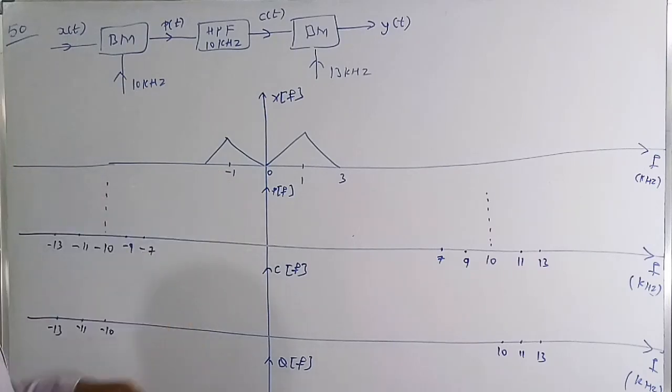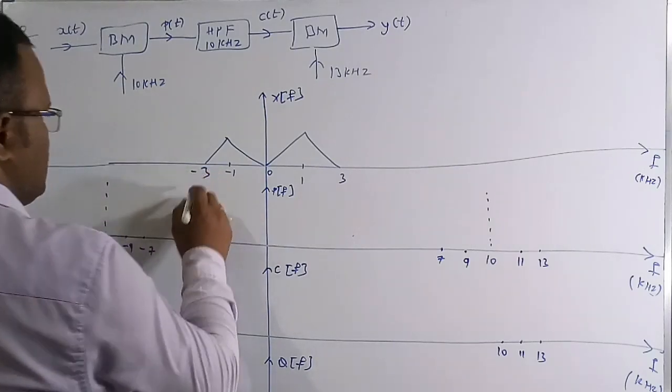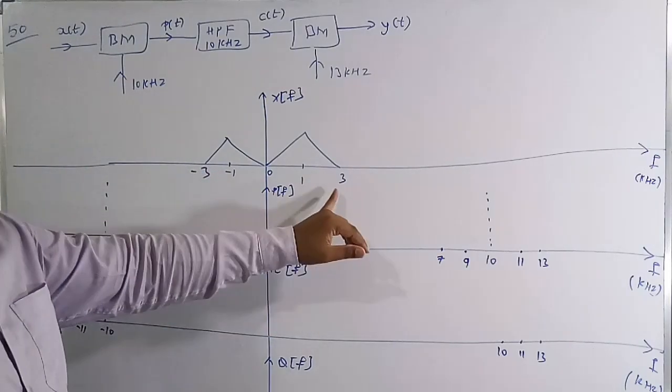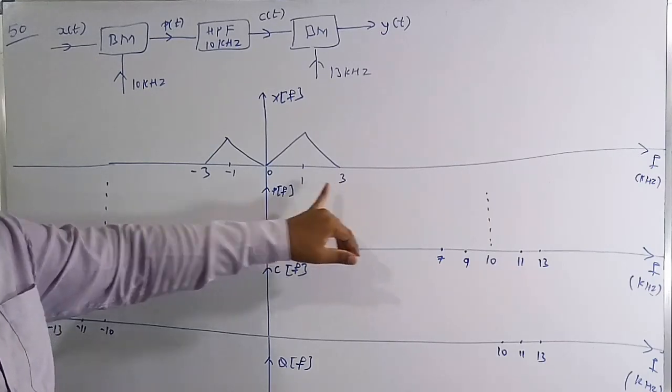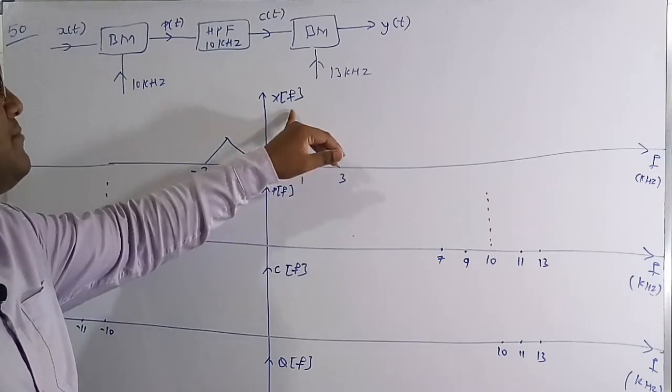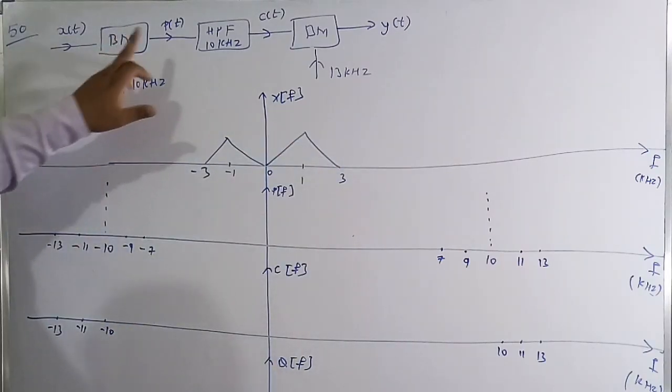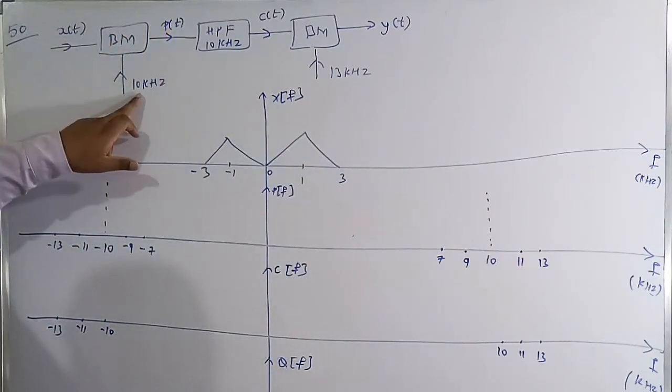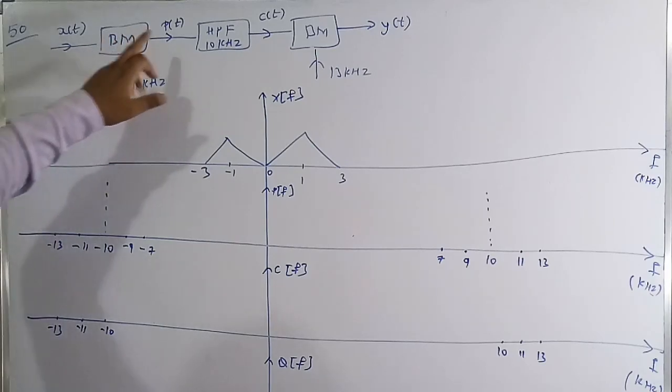So this is from -1 and this is -3. Therefore this has a bandwidth of 3 kilohertz. The highest frequency is 3 kilohertz and the lowest frequency is 0. So 3 kilohertz is the bandwidth of this message signal. Now the output of x of t multiplied with 10 kilohertz is